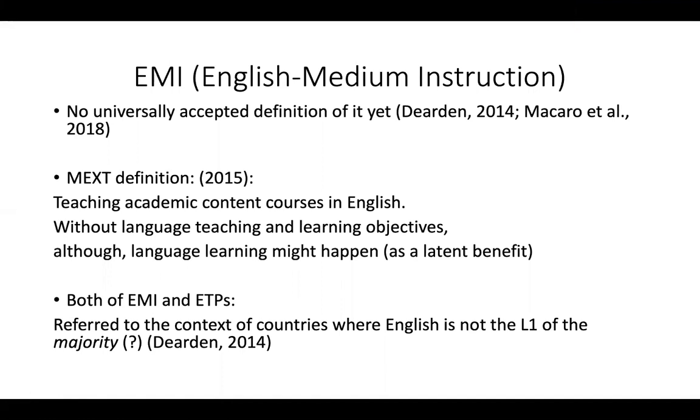EMI, or English medium instruction, is rapidly spreading all around the world, yet there is no universally accepted definition of it. Today, I'm going to refer to MEXT's definition, the Ministry of Education of Japan, which refers to teaching academic content courses in English, with no language teaching and learning objectives, although, as you know, language learning might happen as a latent benefit. Another similar term is ETPs, which refers to full degree English taught programs. Both of them refer to the context of countries where English is not the L1, or the first language,